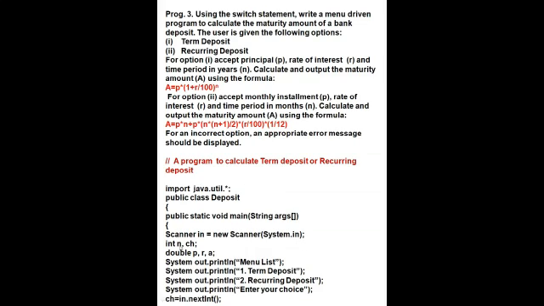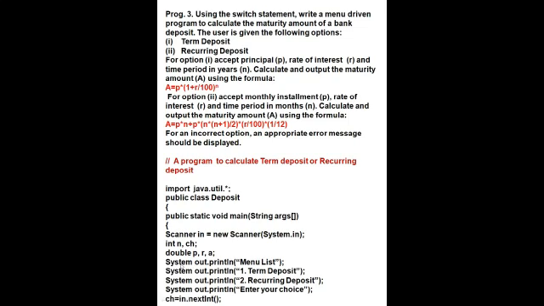Int n, because n is in years, and years and months are in integer form, so we will take time in n, and ch is choice, because two choices are there, 1 and 2, so this is also in integer form. Double p we will take in double, r we will take rate also double, and amount also we will take in double because it will be divided.